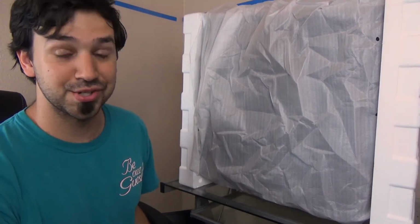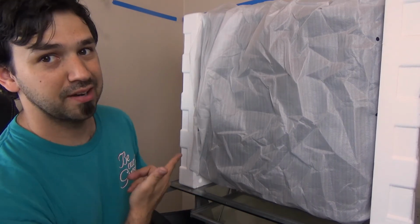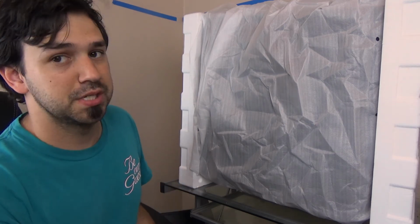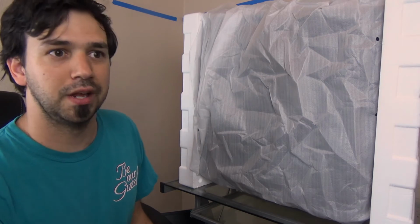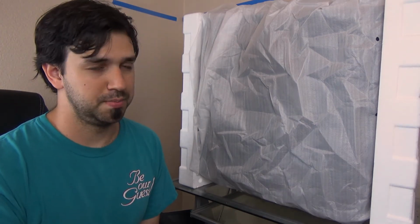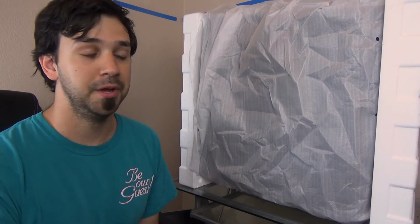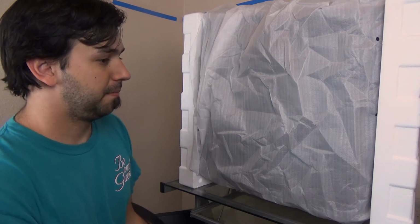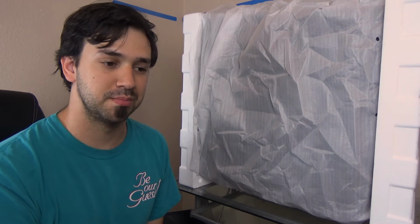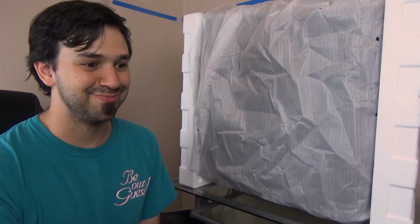I don't know why I just keep these things. Actually, I keep most of the components inside of the box in which the case came in. For me, it's just an easy way to keep everything in case of a warranty needed, and you need proof by having that owner's manual and the printed receipt from when you bought the item. Those are pretty good. Or you just need to go through the user manual and you can't find one online, because sometimes that happens. And then if you have the original box,